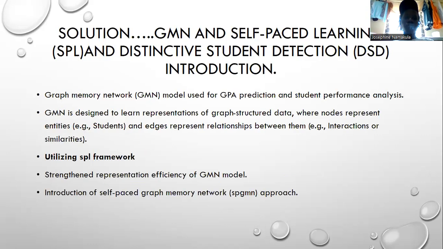So the solution to this problem was graph memory network, self-paced learning, and distinctive student detection. They first used graph memory network, and later on it wasn't efficient enough, so they integrated self-paced learning into it, which formed self-paced graph memory network as the final efficient method which they used. So when I go to the next slide,